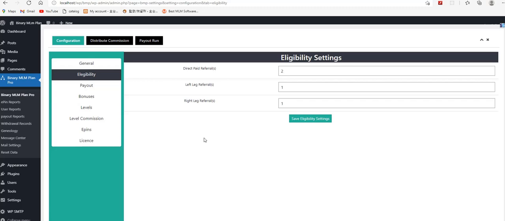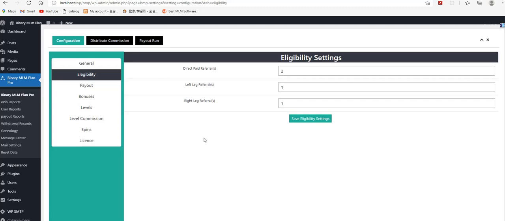Those members will be my directs. It does not matter what their position is on the binary MLM network, because the binary MLM has only left and right. So members can be added in any empty place based on the parent functionality. I will explain the parent functionality later, but right now I am updating you about the eligibility settings.